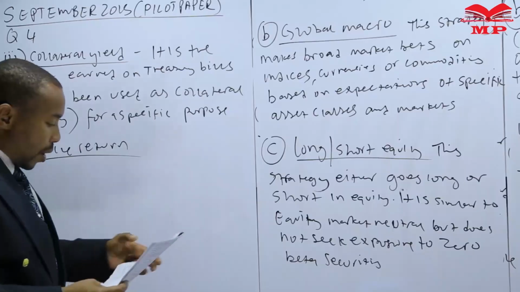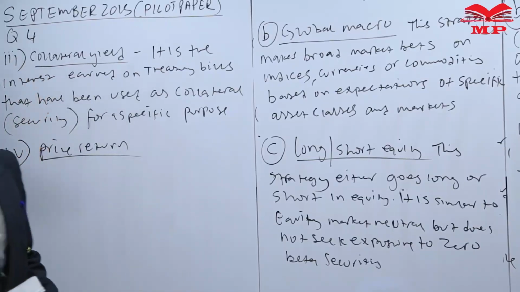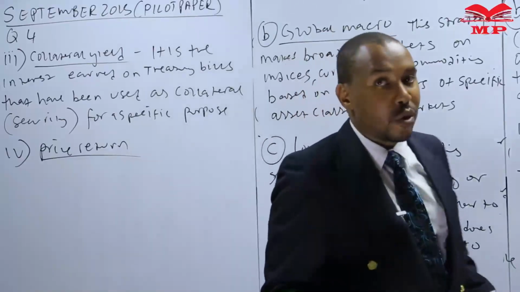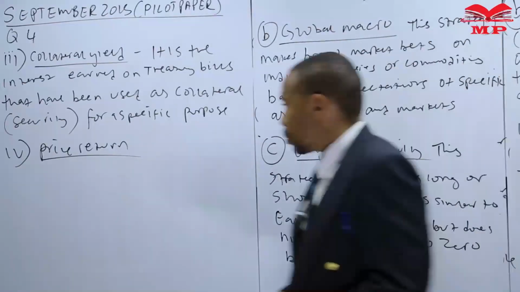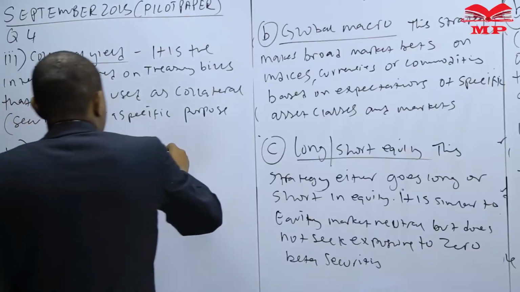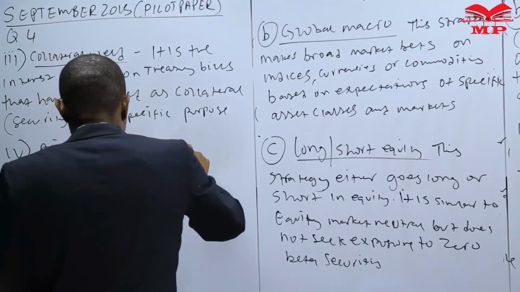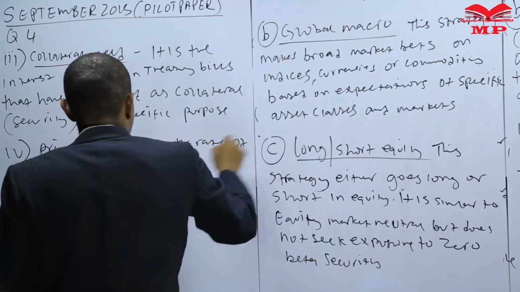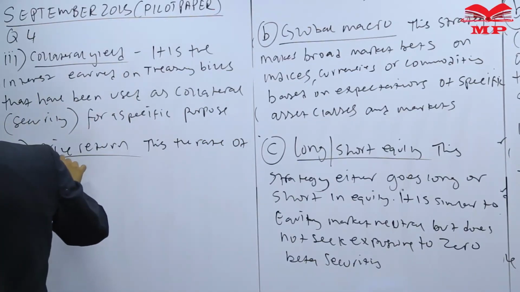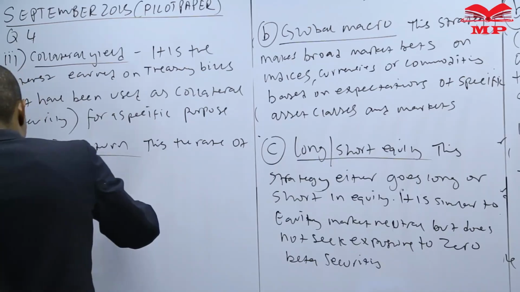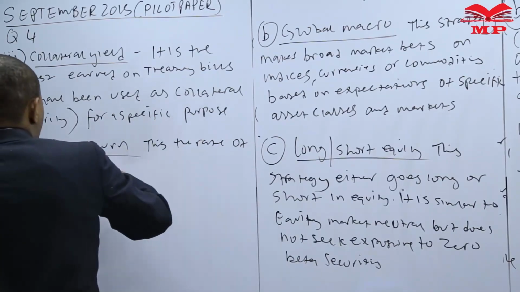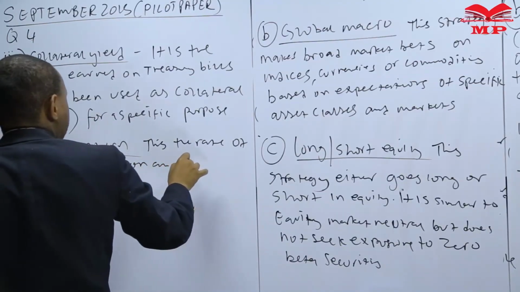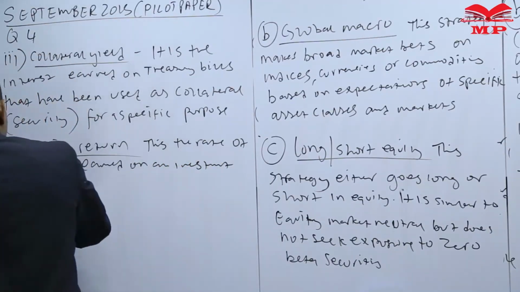What we need to know under the price return is that this is the rate of return on an investment portfolio over a given period of time, on an investment period,